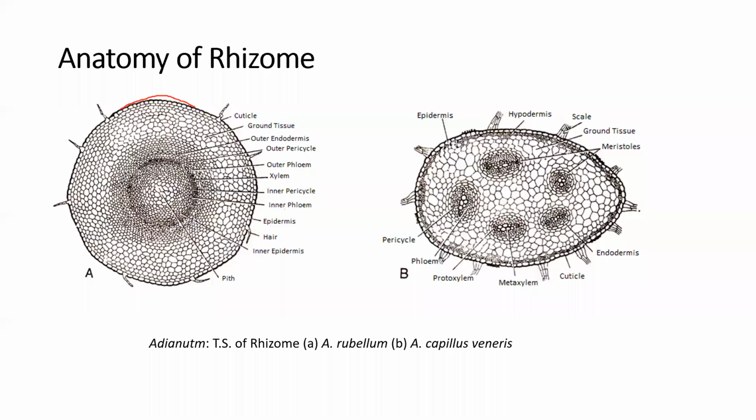Within the endodermis, there is a stellar organization, the arrangement of xylem and phloem. Pith is present in the transverse section of the rhizome of Adiantum. Sometimes, as you see in figure A, there are inner as well as outer endodermis, and outer as well as inner pericycles,